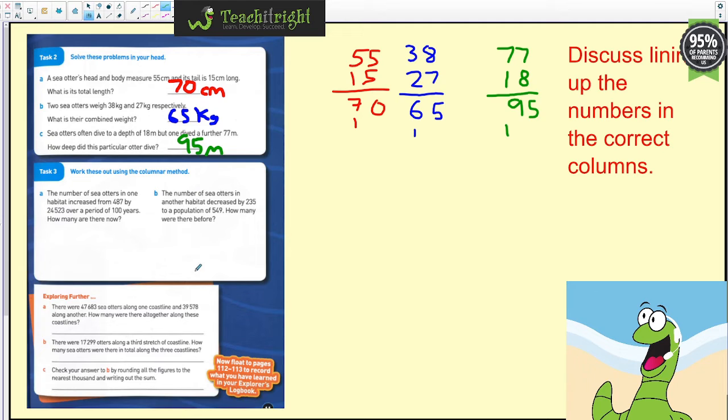Okay, I'm about to go through them. So here we have task 3. So it says the number of sea otters in one habitat increased from 487 by another 2,457. So how many are there now? So if it's increased by an amount, it means we have to add that amount on. For me, I always like to do the large number on top. So 2,457. And to that, we're going to add